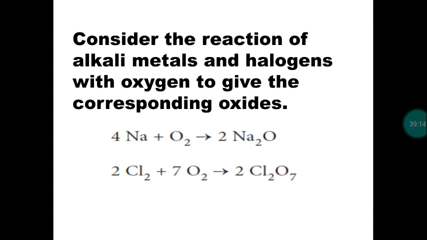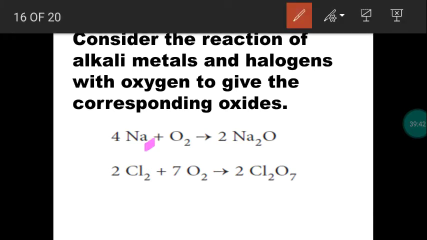Next one, what type of oxides are formed when a metal as well as non-metal reacts with oxygen? Based on the formation of oxide, we may find the nature of an element, right? Which oxide will be basic in nature, which oxide will be acidic in nature, these can be identified. So we consider a metallic element sodium and a non-metallic element chlorine, right?